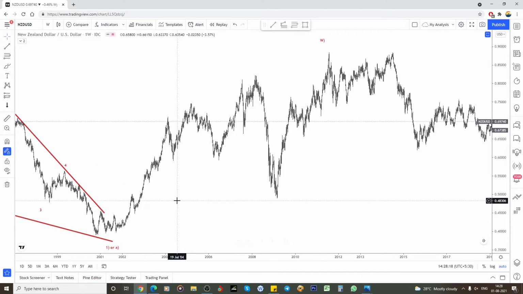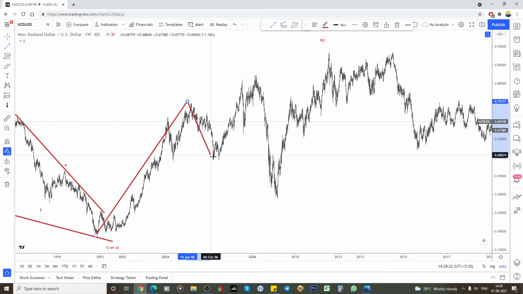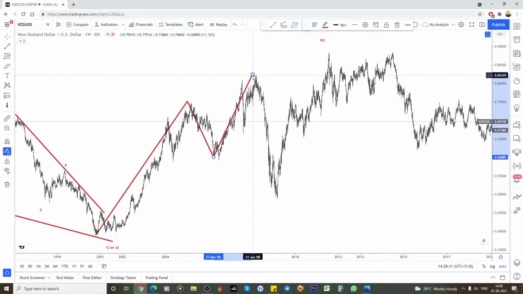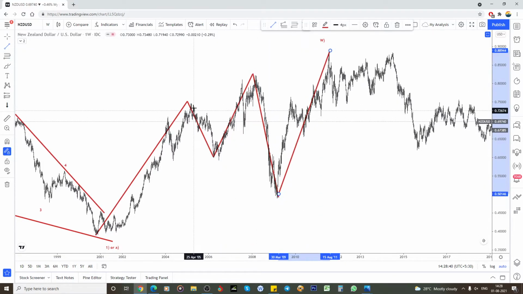So here also I will draw this as A, this as B, this as C. This is a drop C. One second. Yeah, we can end this portion here also. Here also is the A, B, C, and this could be, see, this is all for reference only. We can make this a B, C is a W, and we can make it an X, A, B, C, and this is the end of the trend also.